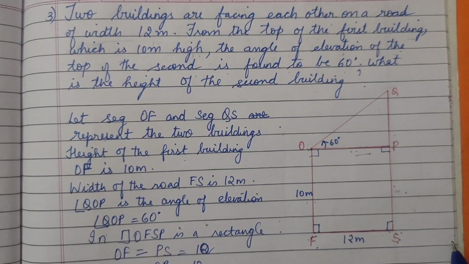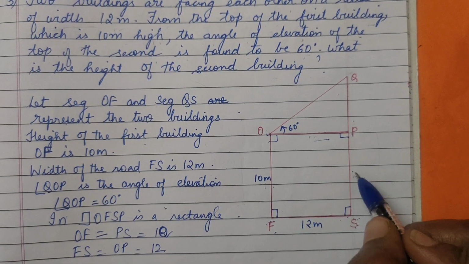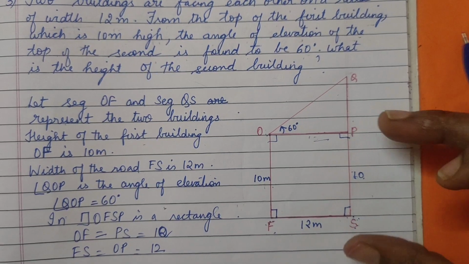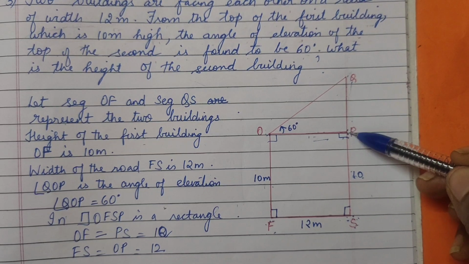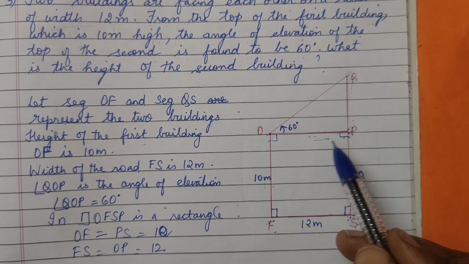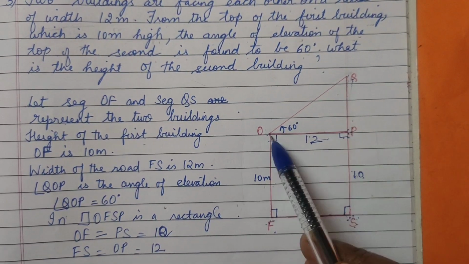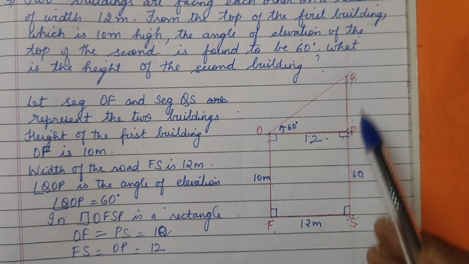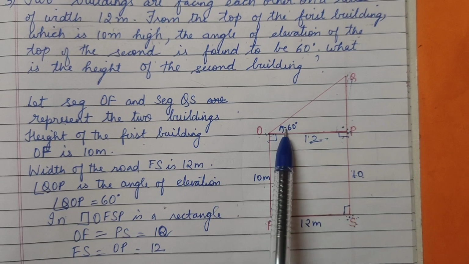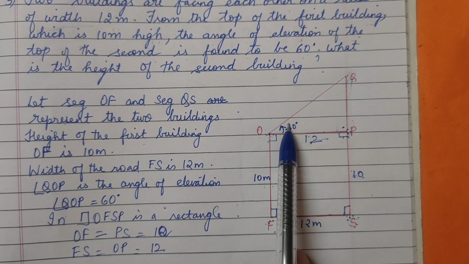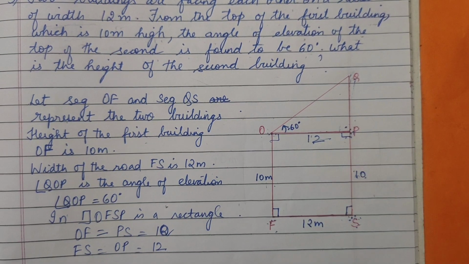Now exactly what we need to find out, the height of the second building. So now look here my dear, PS is 10 meter we come to know. Okay, from here to here we need to find out only QP. Once we get QP we can add it, sum it up. So now you look, this is 12 meter, ये जो है 12 है. अभी सिर्फ ये ट्राइंगल देखो. In triangle, what is this? QPO. This is 90 degree. We consider right angle triangle. This is our theta. So theta के opposite चाहिए और theta का adjacent दिया है. So opposite and adjacent किस में आएगा?